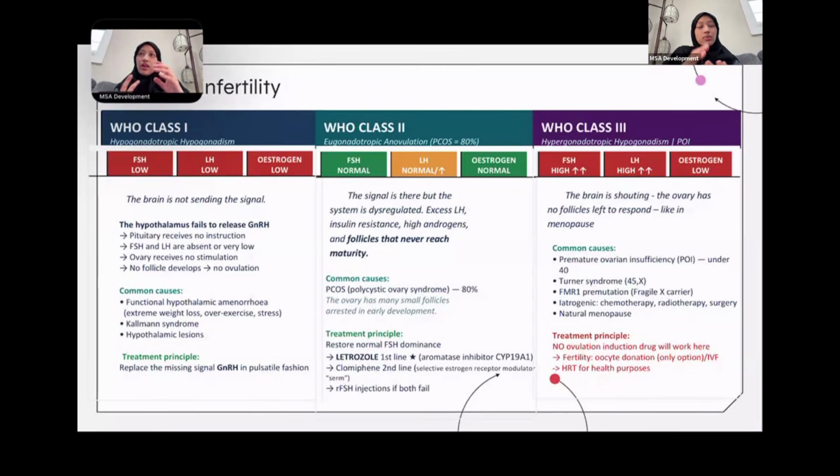Letrozole is an aromatase inhibitor, which means, so aromatase is an enzyme that converts substances or an inactive form of estrogen into estrogen, right? So if we, for example, inhibit this, it's going to restore the cycle, and FSH and LH can function normally, right? So letrozole will help with this